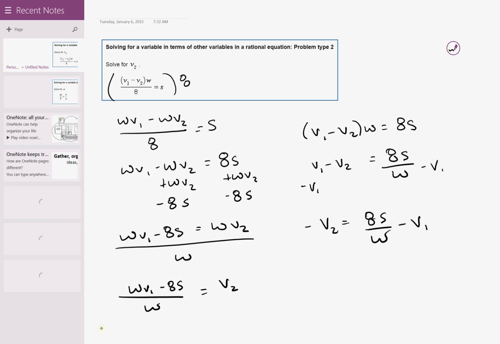And then I can take the negative of each side, or multiply both sides by -1, and that leaves me with V2 is equal to, and here's an important thing to be able to see, that the negative of this is V1 minus 8S over W. And that is the same answer that I had to begin with. If you'll notice, if I simplify this fraction right here, this is the same thing as WV1 minus 8S